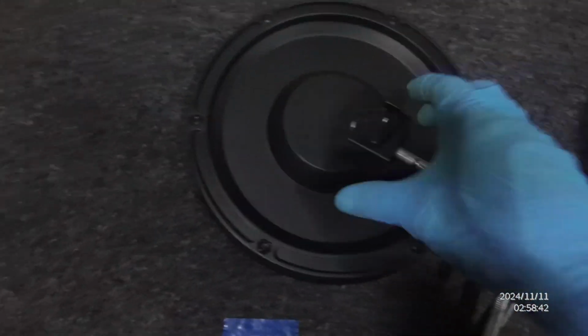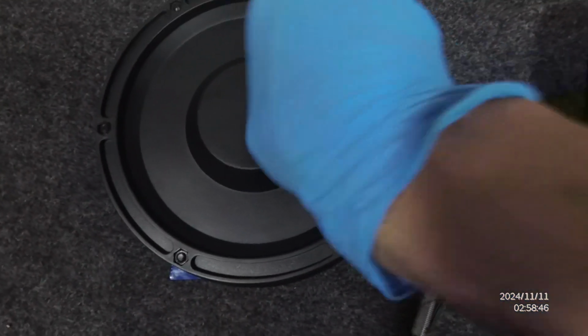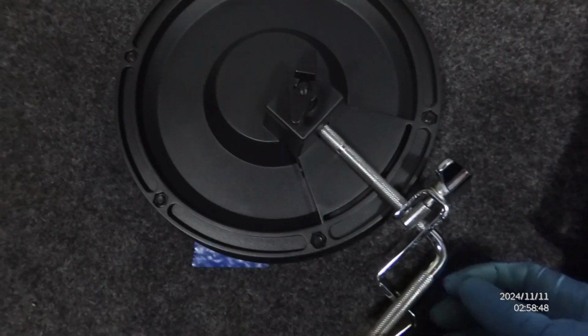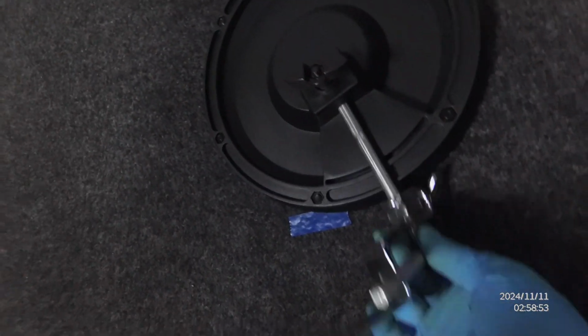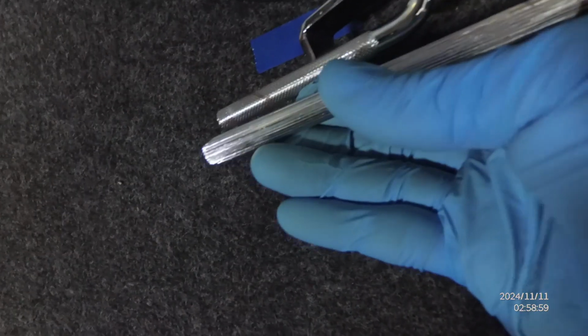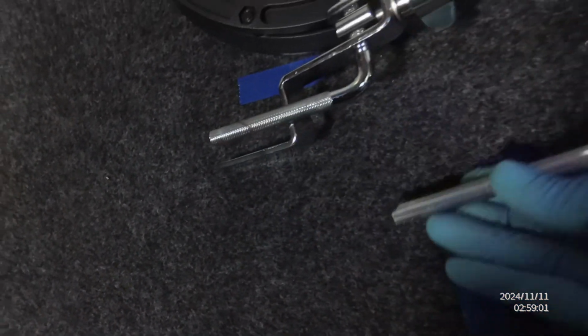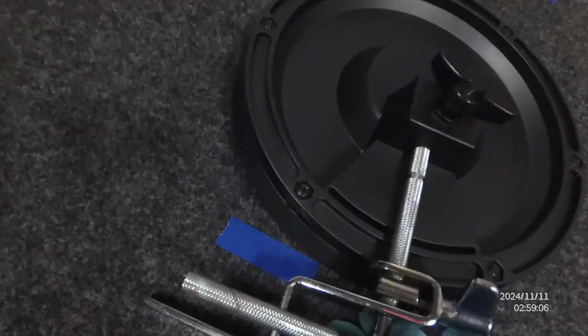Because pretty much, look, you see it works out. It's like perfect. See, it goes in and you can just tighten it up and bam. Well, hold on. Will it work? It's because these are a little bit thicker. Yeah, you see? But, okay, maybe I can use...